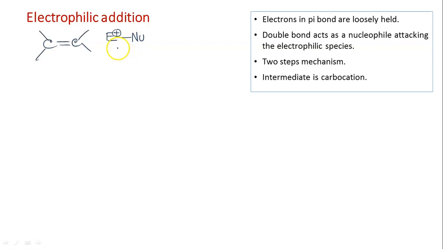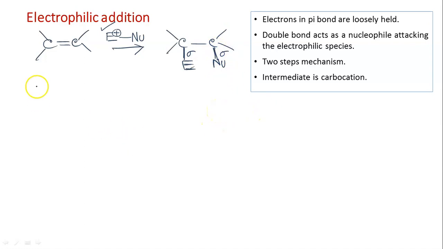Don't think it is nucleophilic addition. It is electrophilic addition because it is based on E plus. But as I am saying, there must be some negative part, so that is why it is Nu. After the reaction, this is the final product. The positive part, that is the E part, is added to C by a sigma bond, and the nucleophilic part is added to C by another sigma bond. So this is the net reaction.